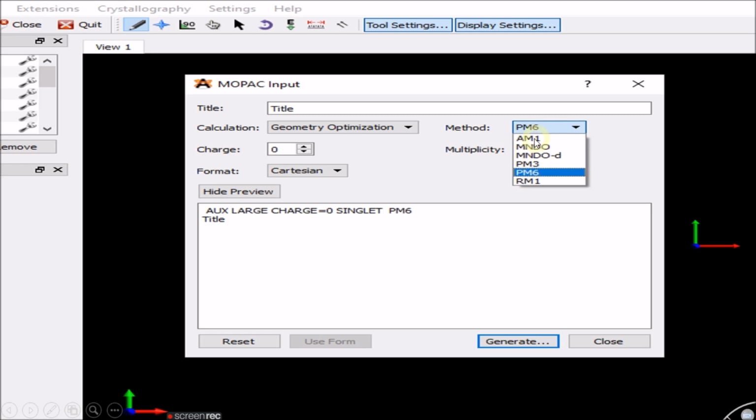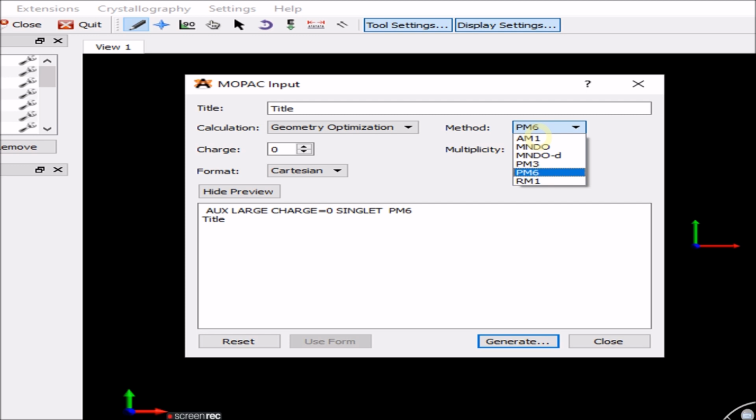These methods are called the Hamiltonians, with which the entire information of the molecule can be calculated. When I select PM6, you can see that PM6 is displayed over here, and you can do the calculation with it. Each method here has a specific task. To get accurate and good results for a specific task, you need to select a good Hamiltonian. You cannot choose just any Hamiltonian you want. If you just select one and do the calculation, you will end up with wrong results.